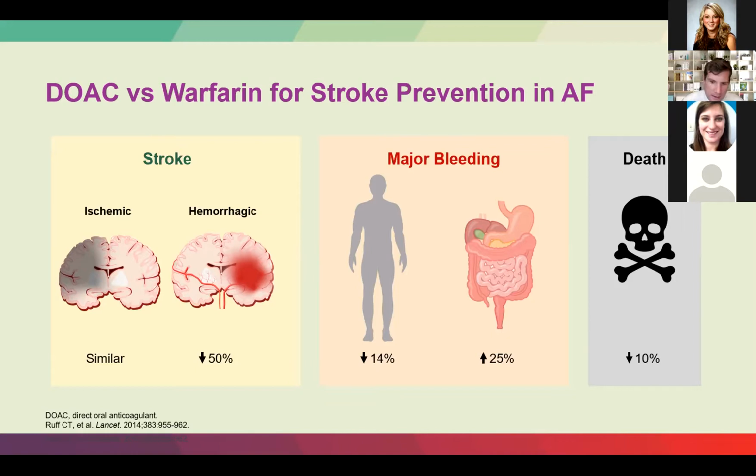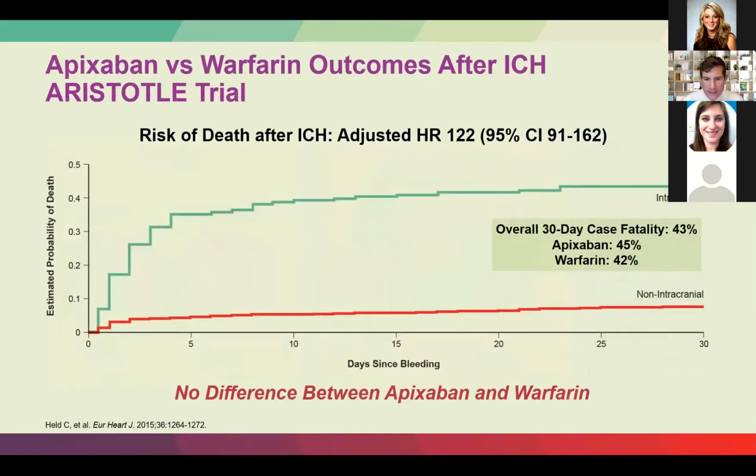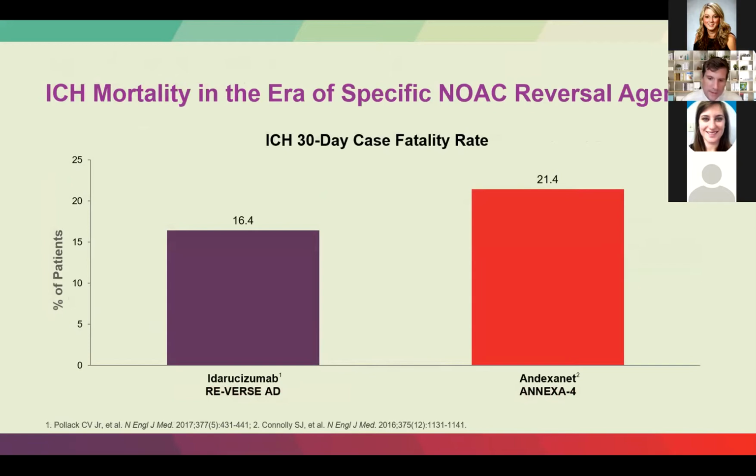If you look at the time before we had drug-specific reversal agents, this is a study from 2015, when you're treating apixaban head bleeds with PCCs mostly versus warfarin head bleeds that you're also treating with PCCs, very similar mortality in those populations. So this is a 30-day case fatality rate of about 43%, so quite high in that intracranial hemorrhage population. And then if you look at, once you introduce agent-specific reversal agents, so idarucizumab, which we'll talk about in a few slides, for dabigatran on the left, showing a 16% 30-day death for intracranial hemorrhage, and